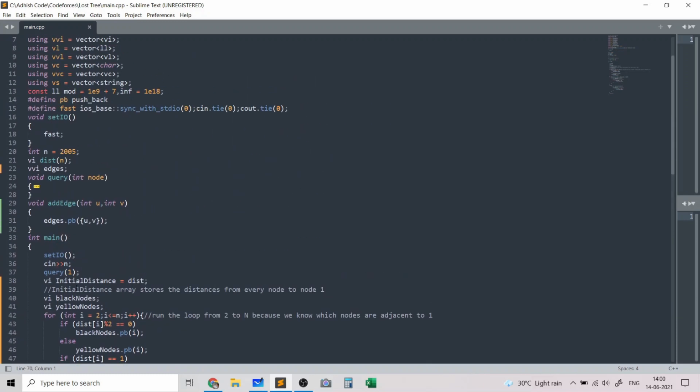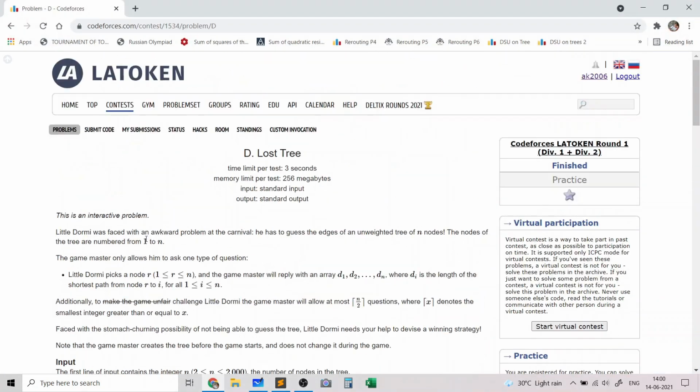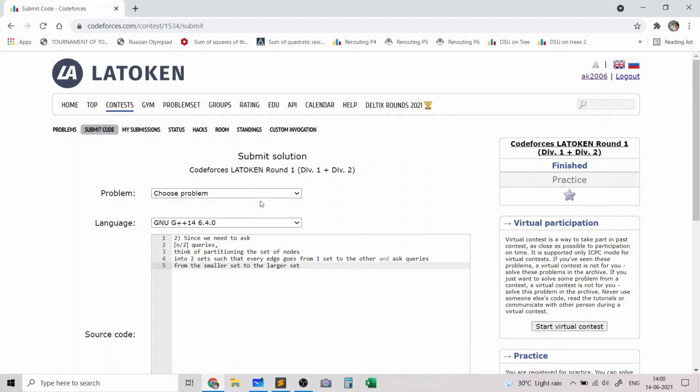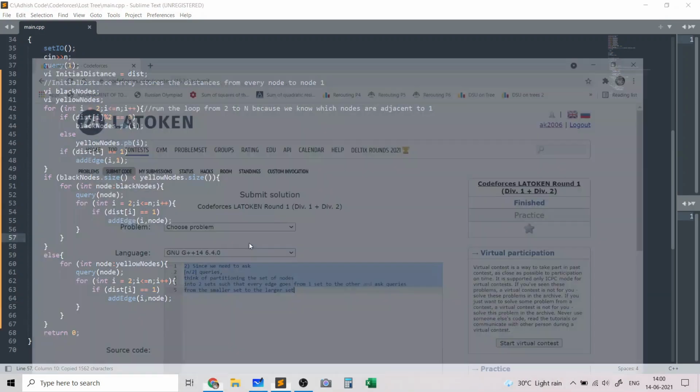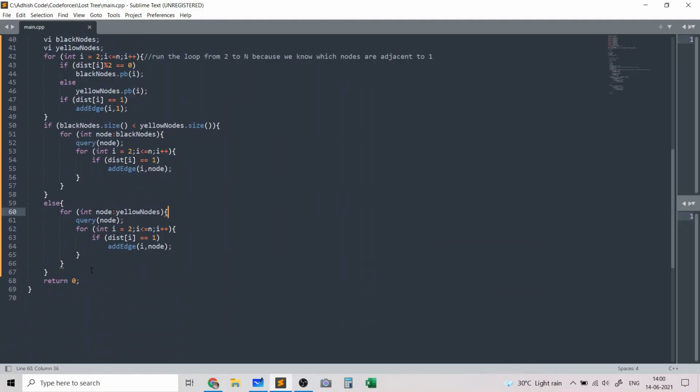So this basically concludes the code, and let's just submit this code to see that it gets accepted. So one thing which we missed is to print the output, which was very silly of me.